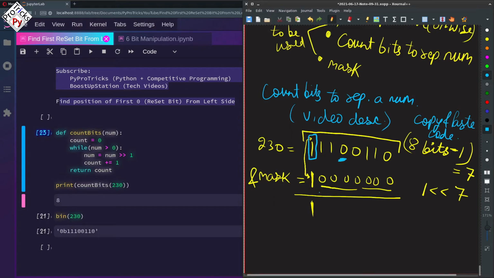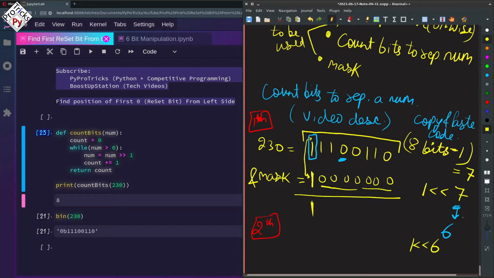So now what we are going to do is decrease the value of 7 to 6. Let me mark it, this was the 1st step.